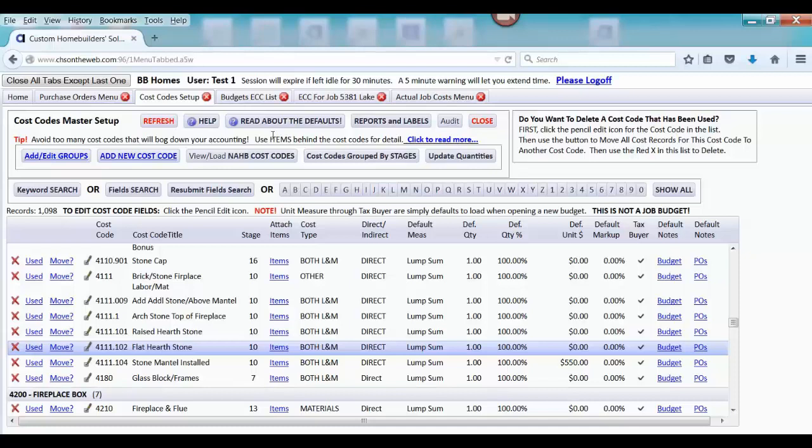The employees have had to deal with, and when they're entering the bills. So what I'd like to show you is the tool that I have for getting some of this cleaned up and into cost centers. If you click this pencil edit icon,